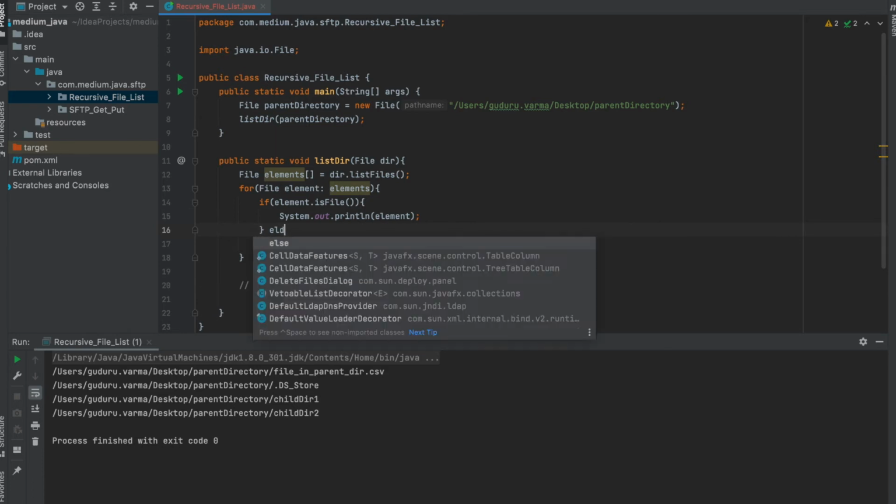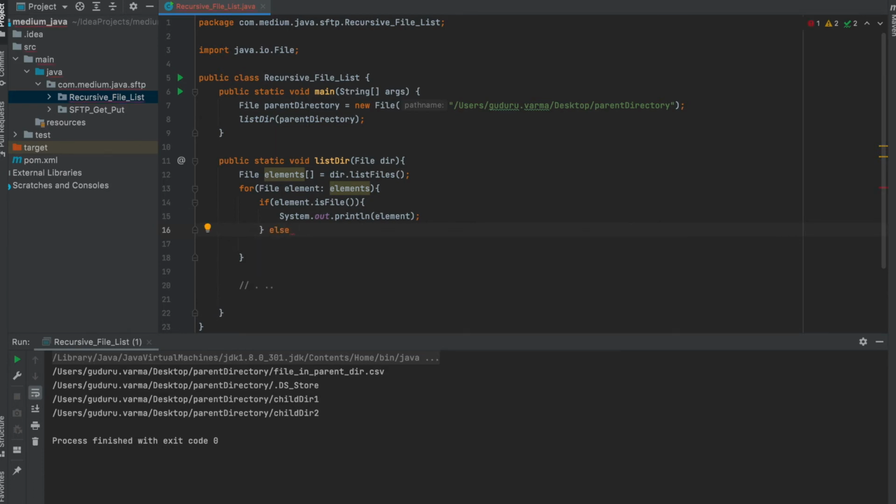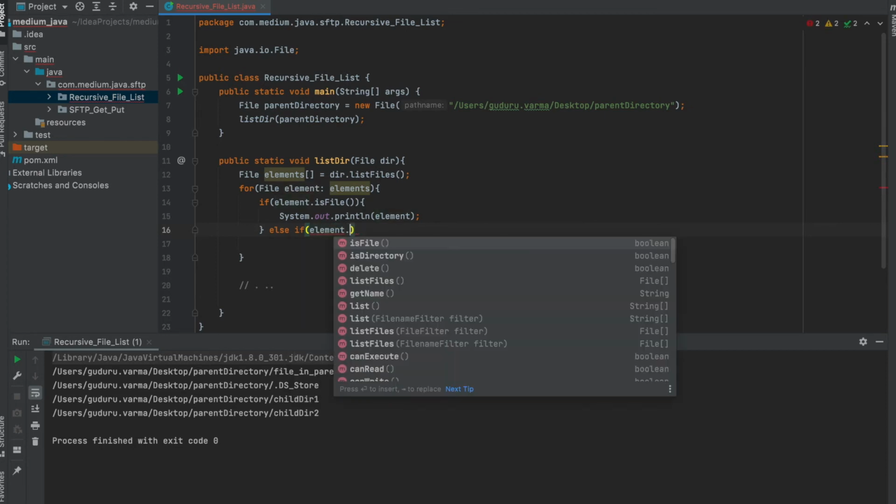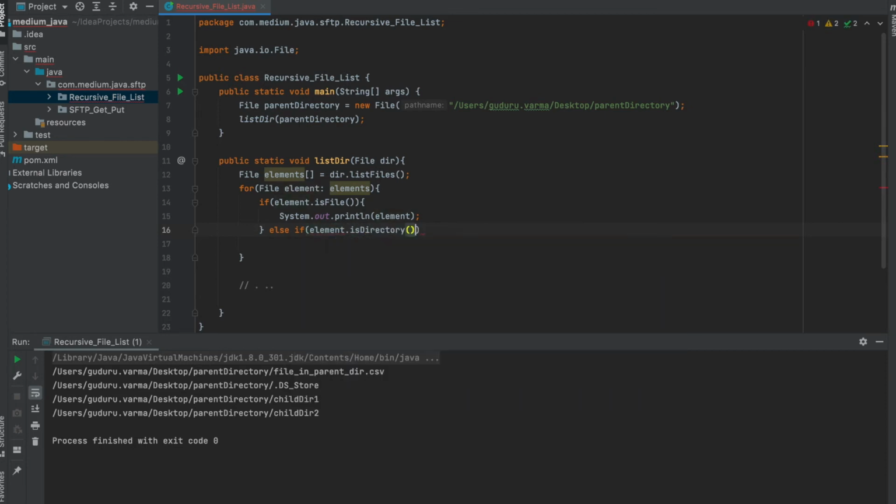Else, if this is not a file and the element is a directory, what do we do? If the element is a directory, we should go ahead and iterate through this directory again, to see if there are files inside it. For that, we will call our listDirectory method again inside it.